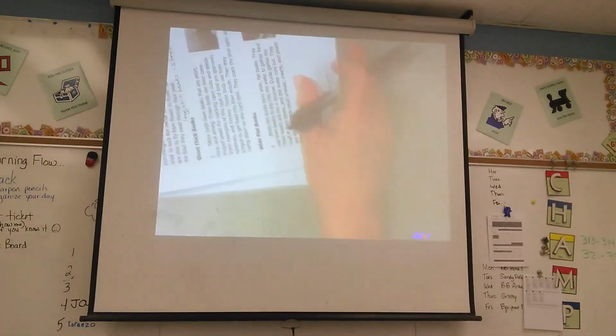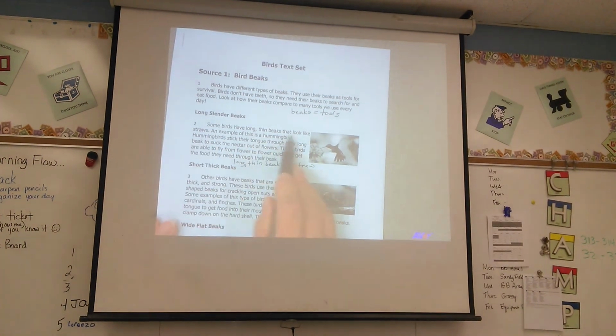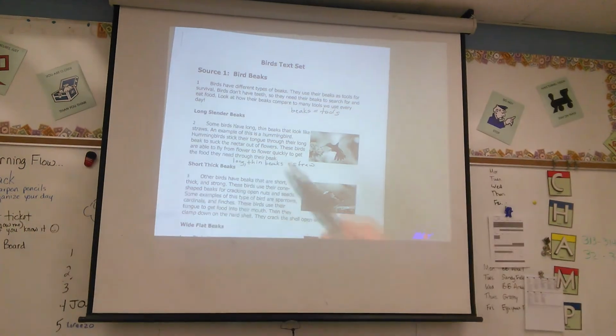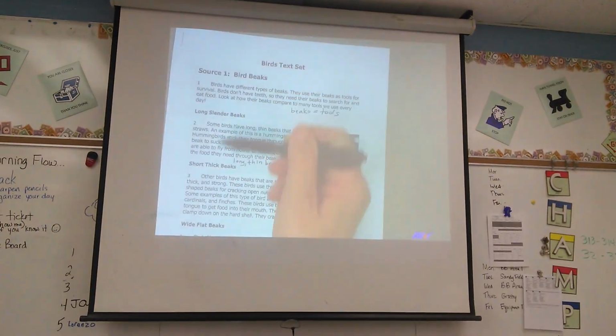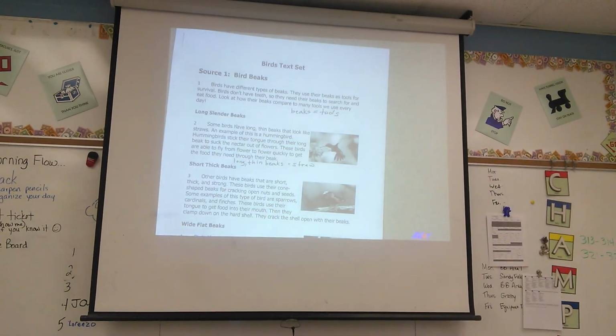So I'm going to want to pay attention to the different types, and I'm going to be looking for information that I can either paraphrase or that I can quote from. Okay? Basically what I am doing is I am writing a summary of the information that's in here that pertains particularly